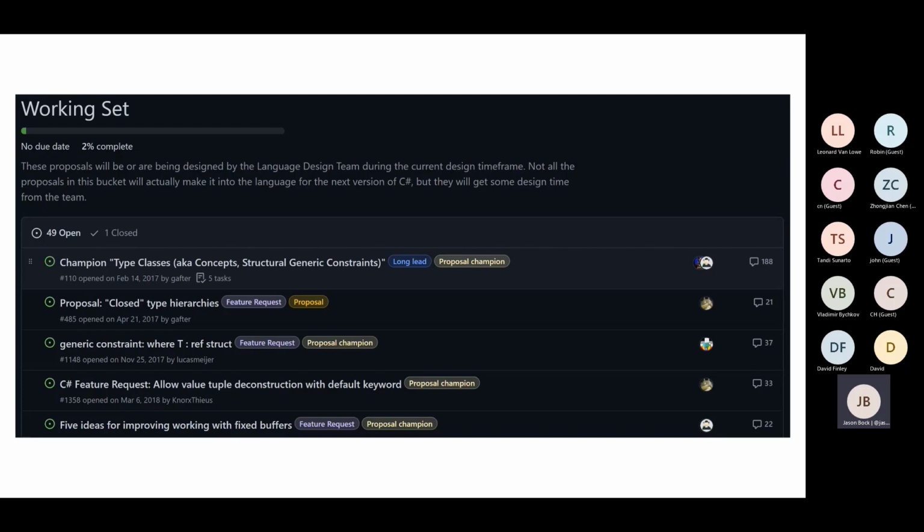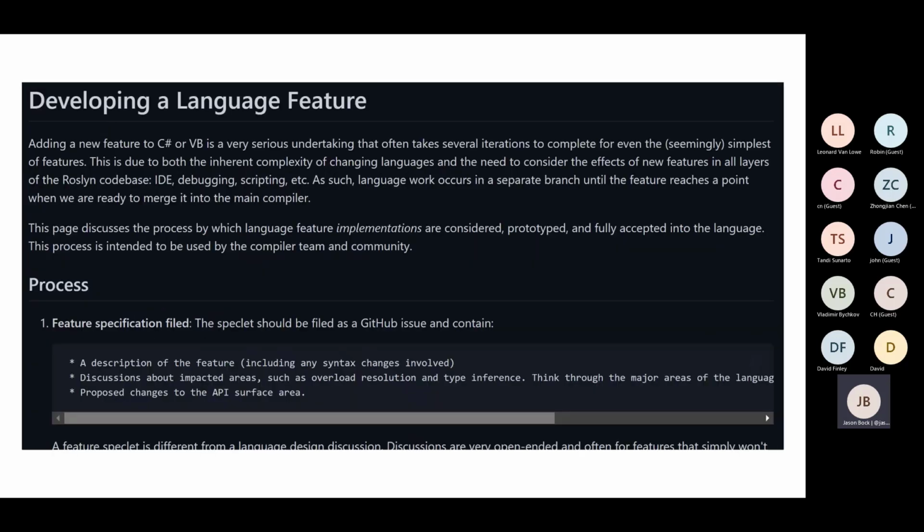I'll leave with this. If you want to do a feature in C#, you can, but they have a document that talks about how you develop a language feature, and it's not easy to do. That's not discouraging people, it's just being honest. You definitely don't want to put a PR in to the Roslyn or C# lang repository, or whatever, and say, I've created the best thing you could ever have in C#, accept this. They will reject it outright.